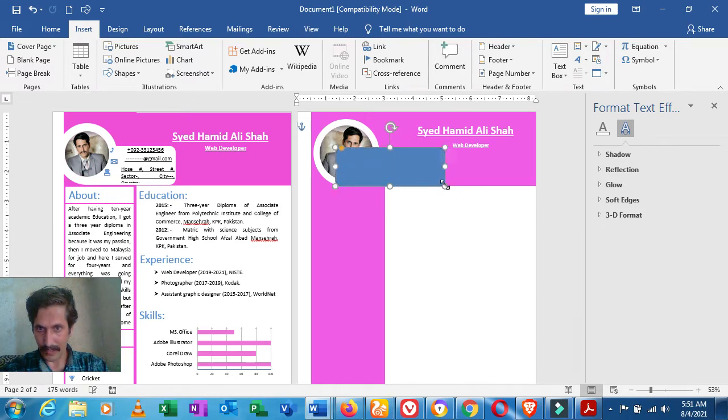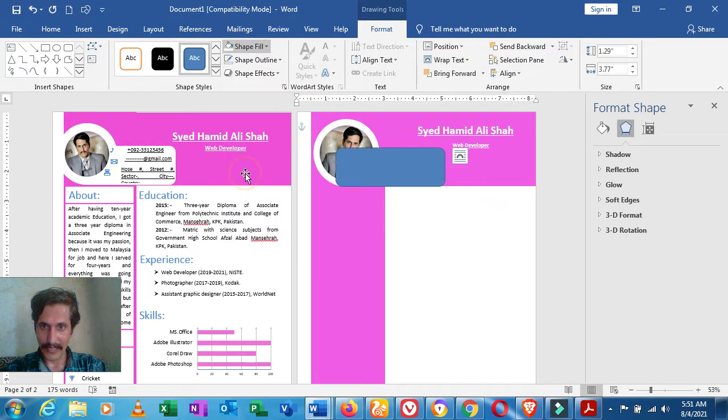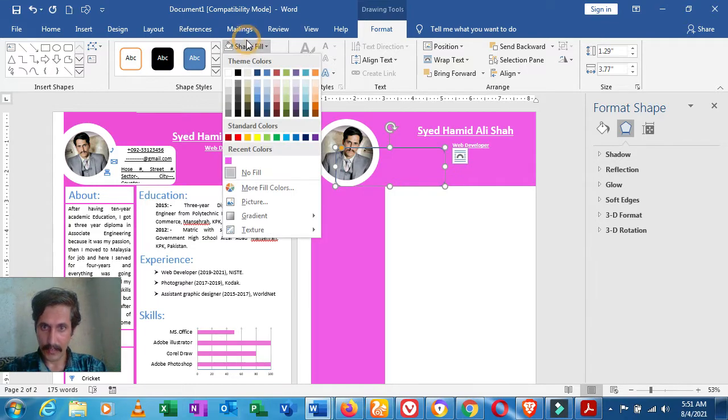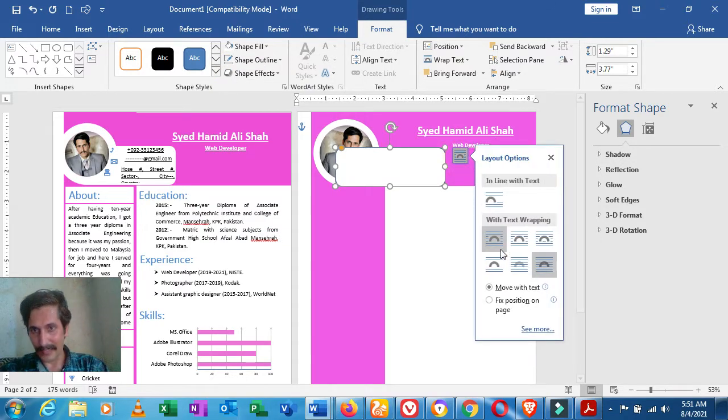So here we go, and shape color should be white. Shape color white, and click on this layout option. Then